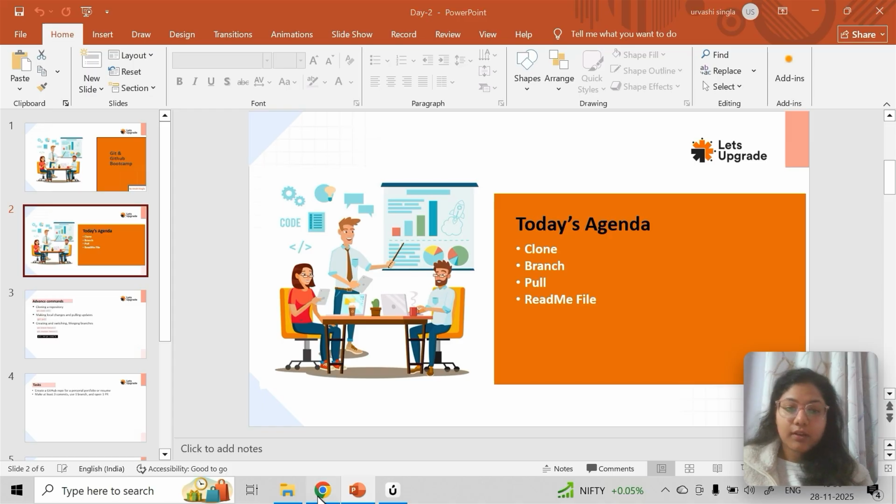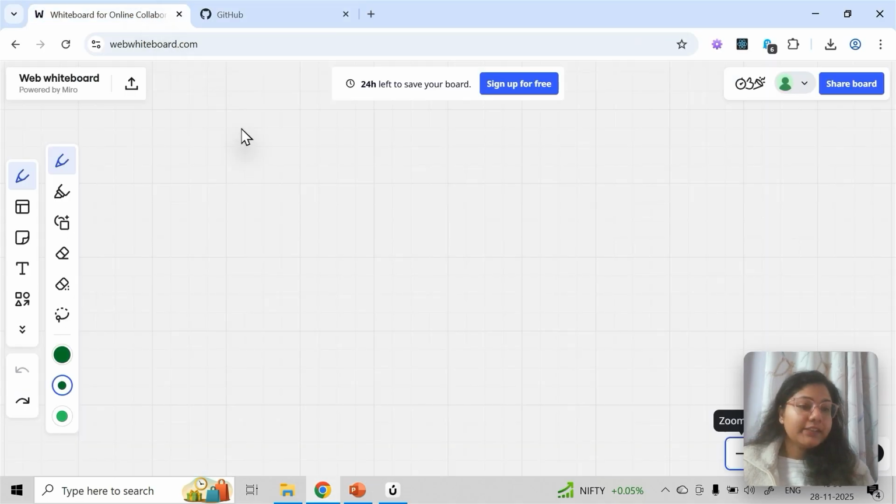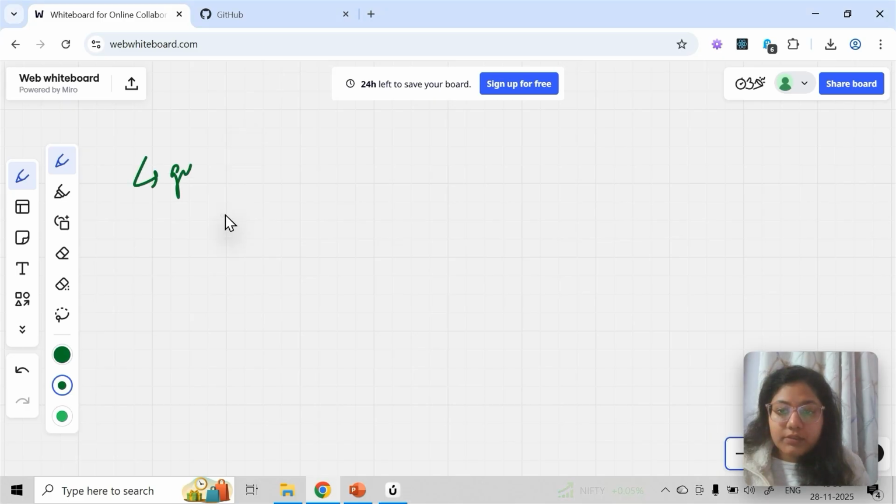Hello, everyone. Now, let's continue with the next part, which is going to be a bit of advanced concepts we have in GitHub. So, before that, let's quickly recall what we have done till now. We have talked about basic Git commands and setup. All that is done.